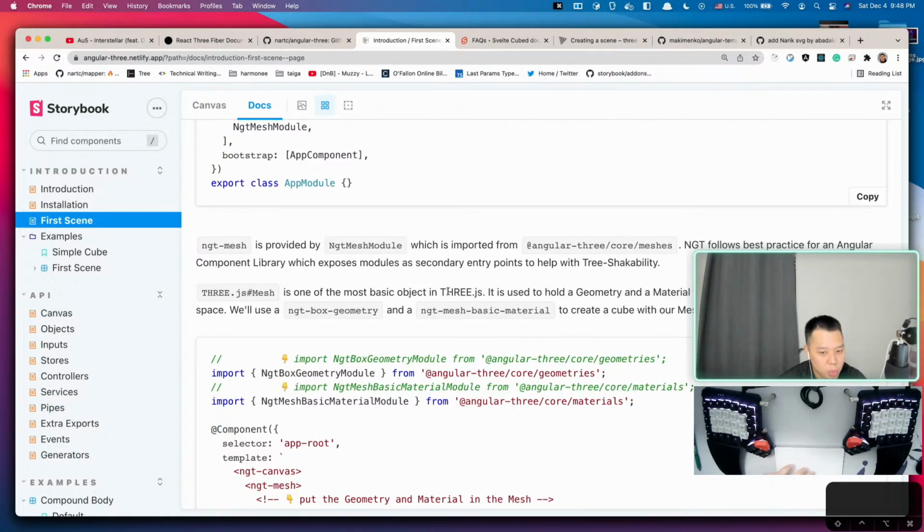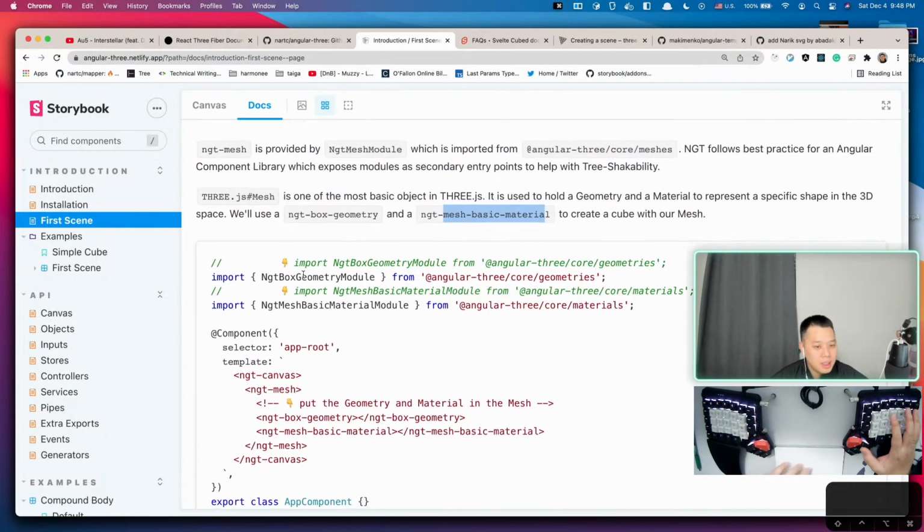So we're gonna create a cube, and we're gonna use the mesh basic material. So as the name suggests, this is a basic material. So it's just a basic skin that you can give color to. Right, so NGT box geometry is exported by NGT box geometry module from geometries. Mesh basic material module is from materials. And again, there is a convention, and I talk about this convention in the API/objects page. The convention is that